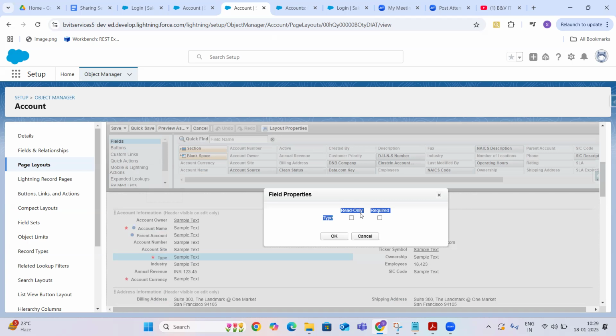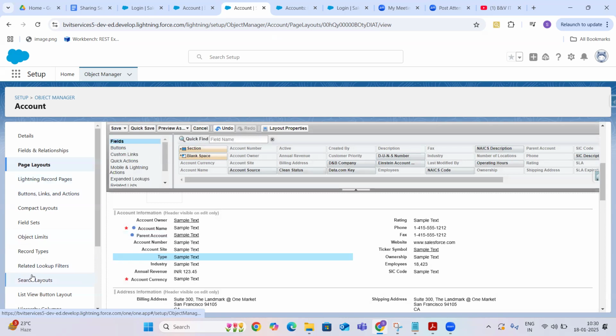And after that, you can log in as a non-system administrator profile user, then you will see the field as read only. Otherwise, if you log in as the system administrator, all the read only fields will be editable, guys. There's no way. Even though at the profile level or page layout level you made it read only, system administrators will always have the superpowers. We can't make some fields read only for them. It will be visible. Okay.